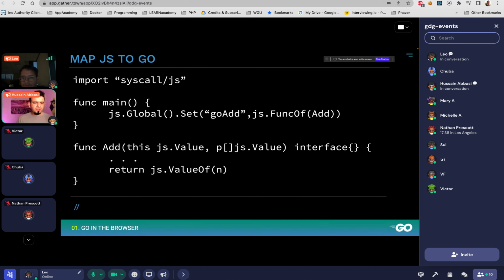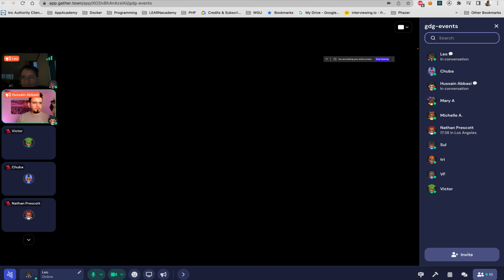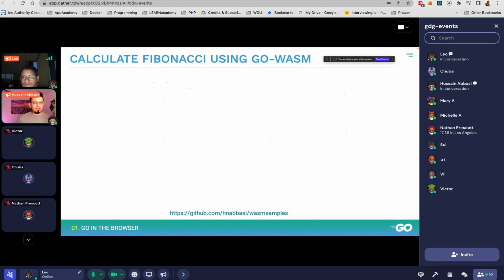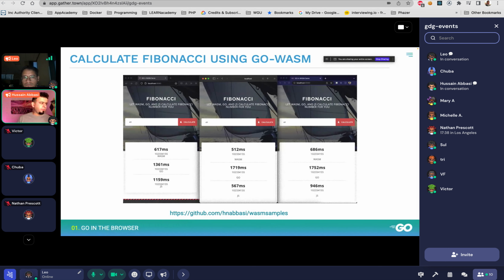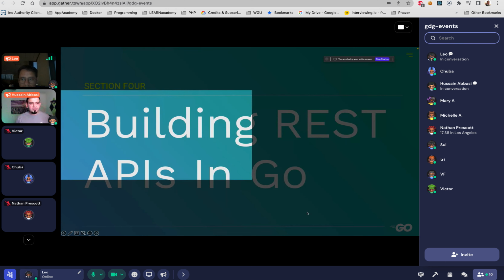All that is in the thing. So I'll just run through this. Essentially what you will get is something like this. So I built a Fibonacci calculator in the browser that uses a JavaScript way of calculating, a pure WebAssembly code, and Go code. And I wrote all three, which is a lot of fun. And then there's the repositories at the bottom, so you can see that.